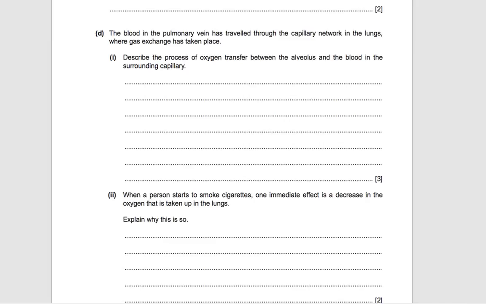The blood in the pulmonary vein has traveled through the capillary network in the lungs, where gas exchange has taken place. Describe the process of oxygen transfer between the alveolus and the blood in the surrounding capillary. So if this is the alveolus, and then let me use a different color for the blood vessel going around it like this. So essentially what happens is that if the flow of the blood is this way,